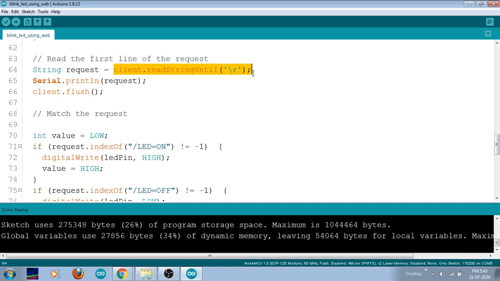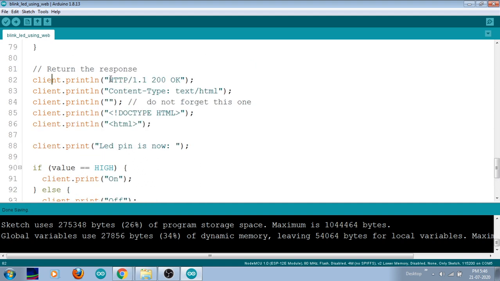Okay, so as usual in the HTML coding, I'm just starting the web server with the 1.1 value. So HTTP/1.1 version I'm just starting, and whenever there is a successful connection I will be getting this OK, and the content type will be text/html type, and with client.println I'm just giving one line spacing, and after that I'm starting my HTML document type, and as usual HTML code I'm just starting with less than HTML and greater than symbol.